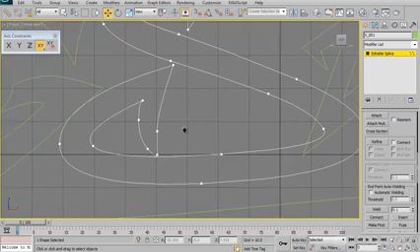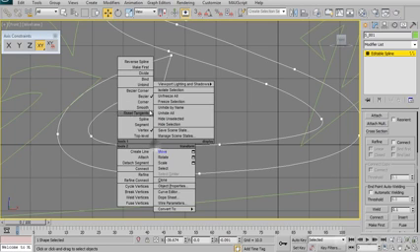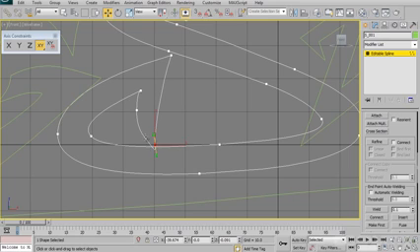So down the bottom here, I've got a lot of points that I don't really need. This one here I don't need. I can just define it using this point and this point. So I'll delete it, and then I can use my Bezier handles. I can make this a Bezier corner. I can delete this one and this one, and I'll just use my Bezier handles just to define this shape